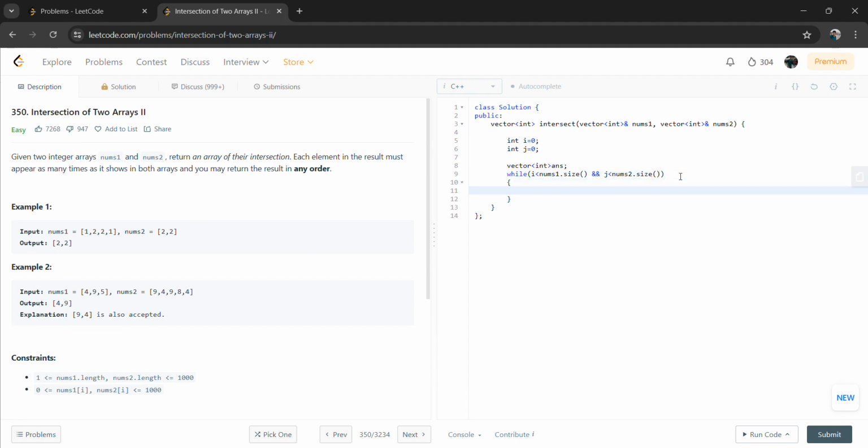So what I need to check here is: if nums1 of i, let's suppose this element, is less than this element, which is true here, as 1 is less than 2. If nums1 of i is less than nums2 of j, I simply need to move from this position to the next, so I can simply do i plus plus. We don't have to take that value, and I just move to the next value. Then after that I can say else